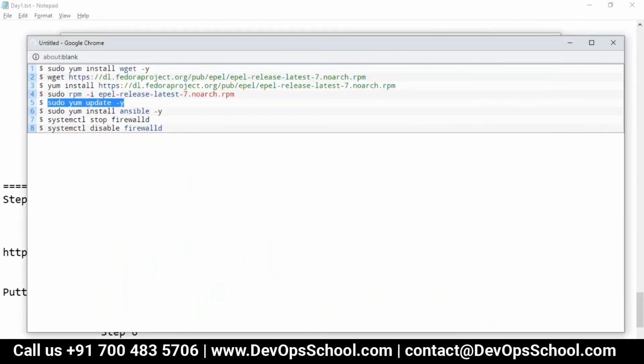Guys, this is the update, which is yum update. I'm skipping it. Why am I skipping it? Because this VM which I have taken already has most of the updates, and if I run this command, I will lose around 5 to 7 minutes while it starts updating each and every package of the operating system, which I don't like. I don't want to waste time. So I will skip this command, and you also can skip it. That's not a problem. It will not impact any of this stuff in Ansible. This command will install Ansible.